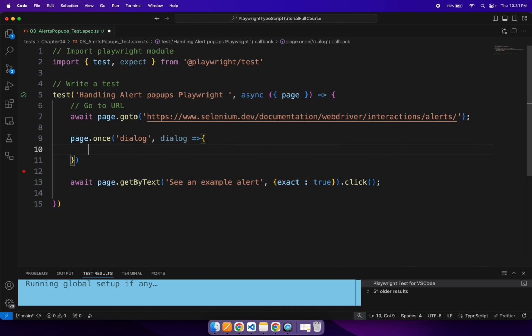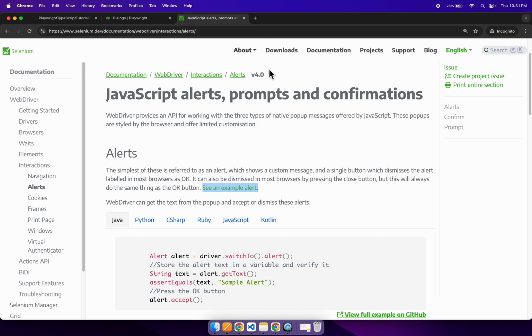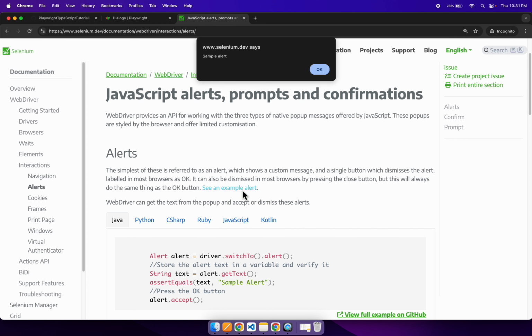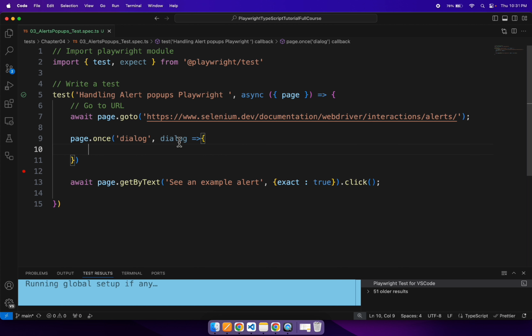So that's it. By using this dialog, we can perform the actions in the pop-up or alert. It can be clicking on buttons, or you can get the text from the pop-ups. If you look at this scenario, firstly we are automating the alert scenario. If you click on this one, see an example alert. Here we can click on the OK button. To click an OK button, you need to use the dialog